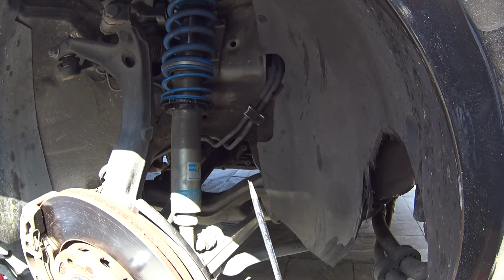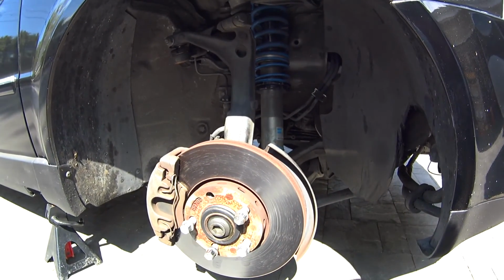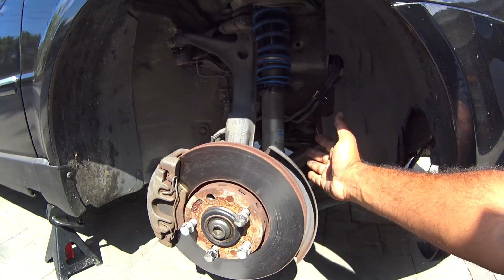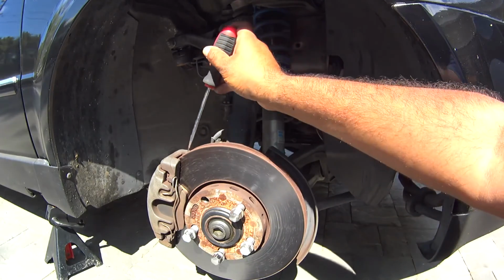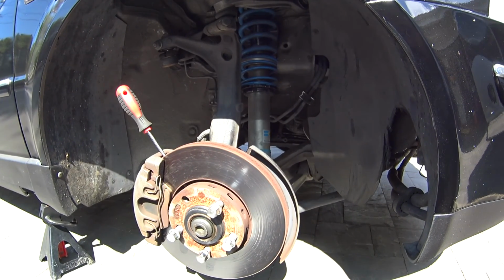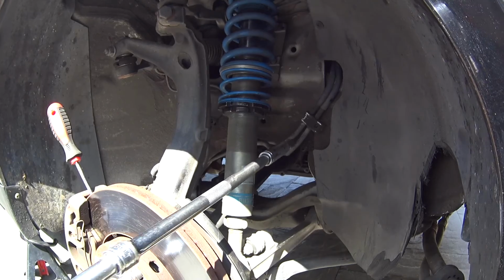Ta-da! What you're going to need to do, once you have the wheel off, is put a couple lug nuts into the hub right here. This will prevent the hub from spinning in a circle and not actually being able to break loose the bolts. With the flathead screwdriver, you're going to cram it over here inside the grooves inside the rotor. Lock that in place. Once that's locked in place, you'll be able to access, you guys can see that, all the way past the coilover. I'm going to cram this sucker in here